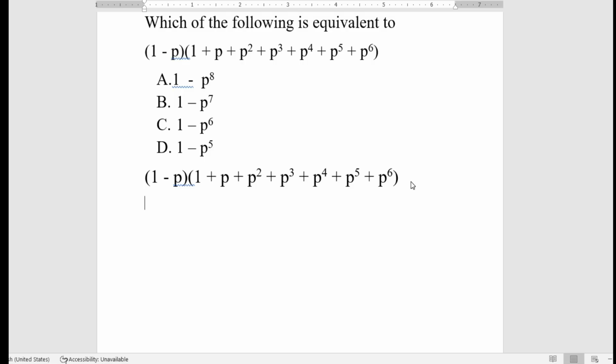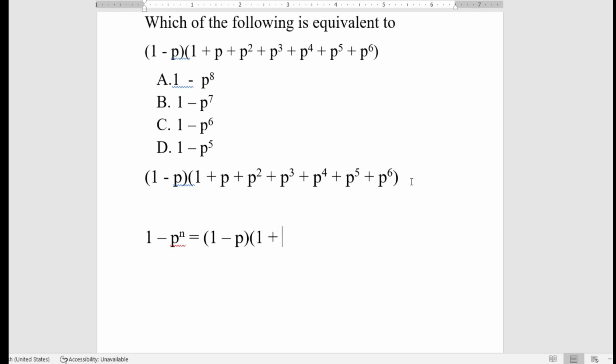Okay, with this formula expression, how can you solve it? When you see this formula expression, do you remember that 1 minus b to the power of n equals 1 minus b multiplied with 1 plus b